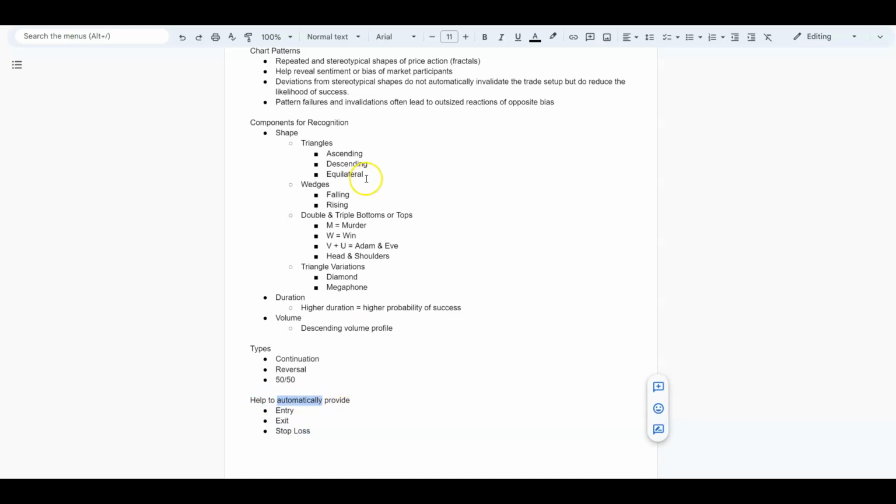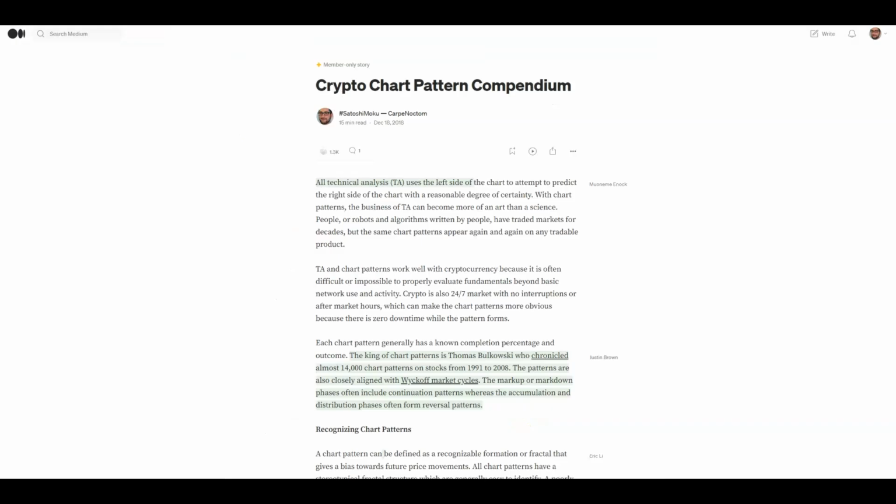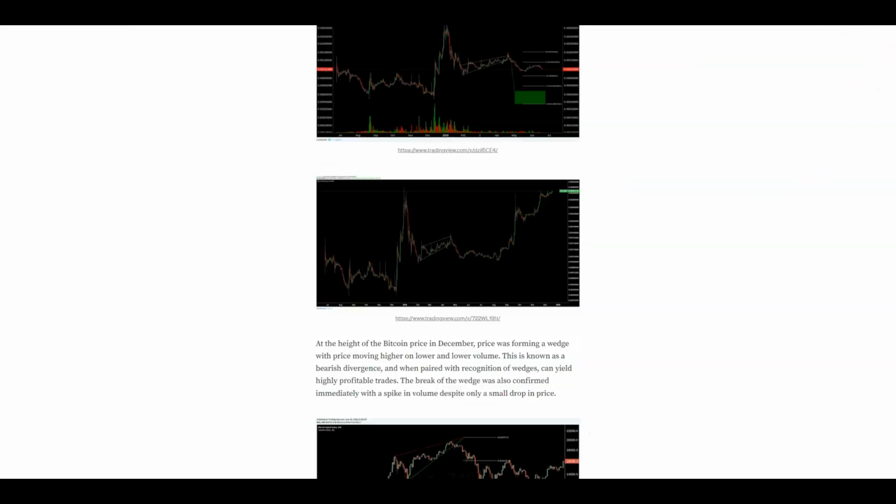The hardest part, the most subjective part about this should be the recognition. Everything after that should be automatic. So it gives you entry, exit, stop loss, and I'll go through that on all the examples I'm about to show you. I've also written, this is from December 2018, a very long and large Medium article on chart patterns,